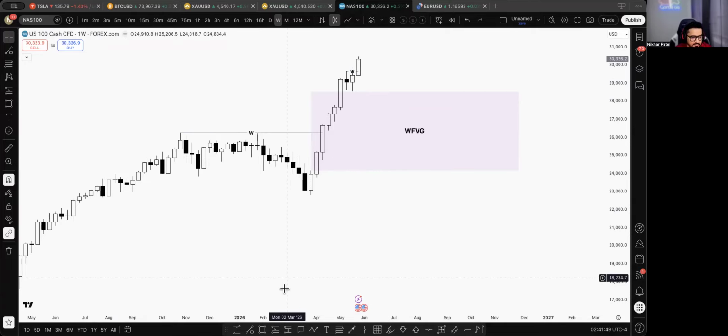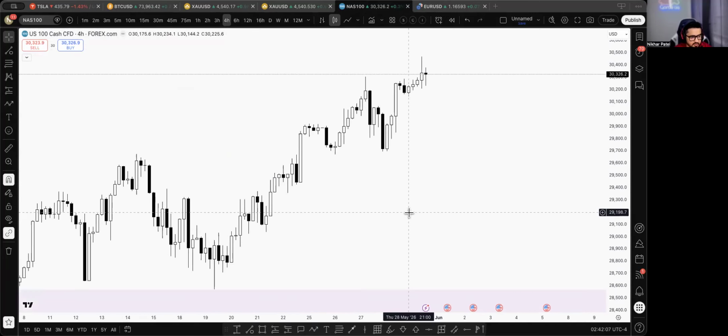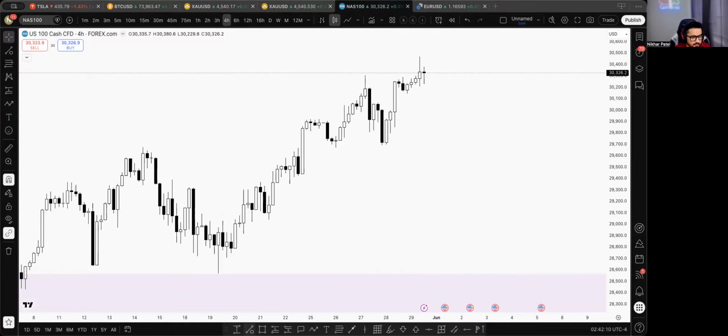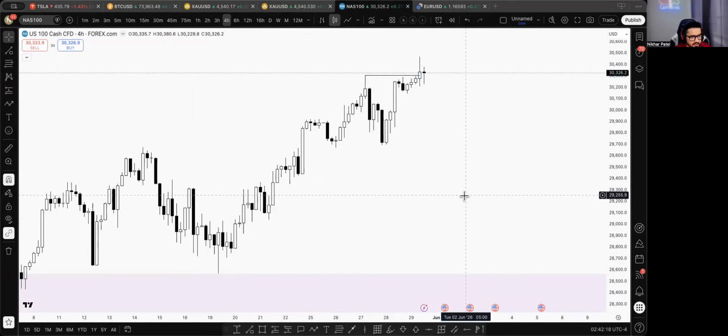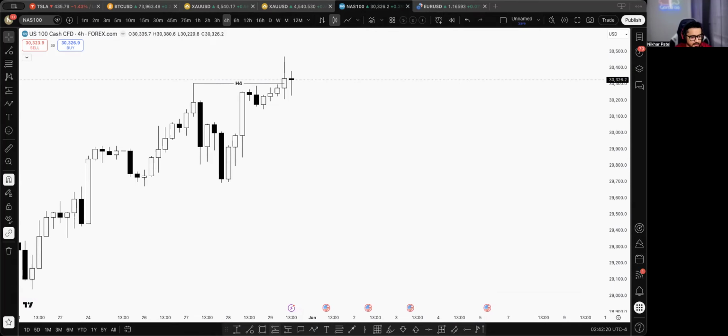Over a period of time, we can expect that in the next few weeks, price can come and tap onto this WFVG and give a move to the upside. However, instead of predicting that the weekly would turn bearish on internal to mitigate the weekly fair value gap, let's go and check what H4 structure looks like. So on the H4 time frame, if you see, this is our recent most structural leg, which is H4. It is clearly bullish. So currently we can assume that price would continue going higher unless we are proven wrong on it. And there is this H4 FVG,